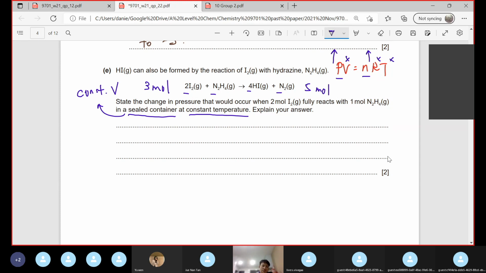So state the change in pressure. Pressure increases. As long as you state pressure increases over here, you will get 1 mark. Then another mark is you need to explain it. So the pressure increases as the number of mole